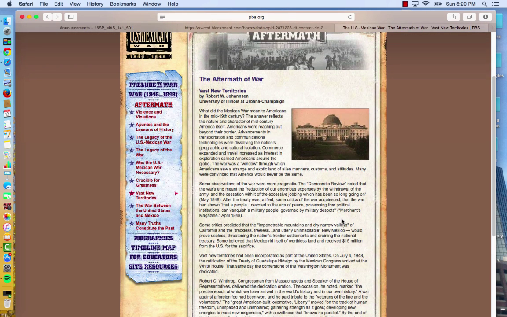So if this is the article that you're going to read in the aftermath of war section, then you know the drill. Devote one or two paragraphs to a summary of the article and one paragraph to a commentary. So the same formula that you've done with the Prelude to War and War sections. Follow that with the aftermath of war section. All right, and once you've done all that, once you have all your paragraphs together, that is your interchanging summary and commentary on the three articles that you've chosen.